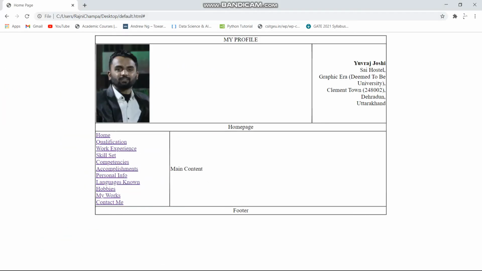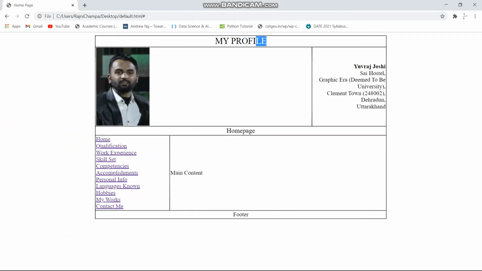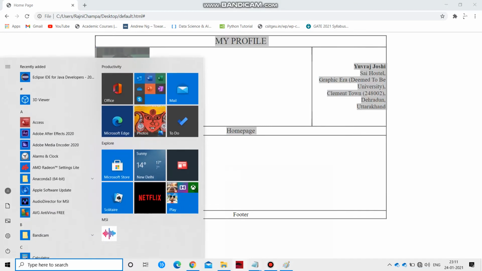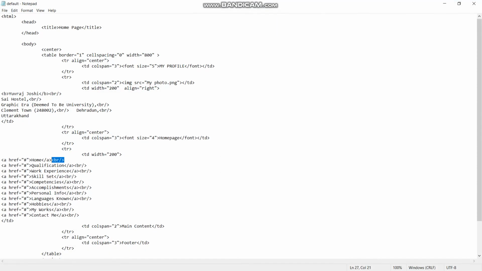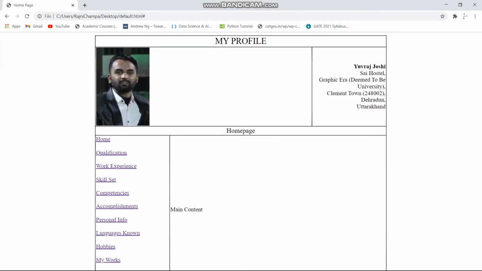Yes, font size and home page has been enlarged. Now I will give more space to home, qualification, work, skill set, competencies, accomplishment, personal language, and use double break over there. Save, refresh. Now you can see all of those are apart and look very good and neat.